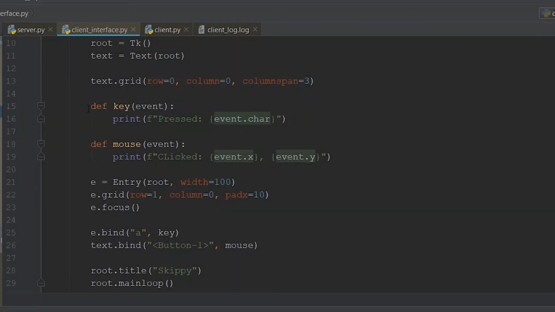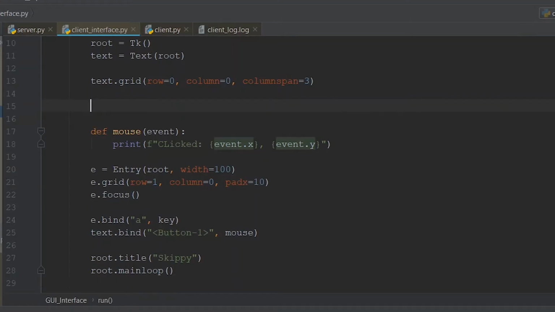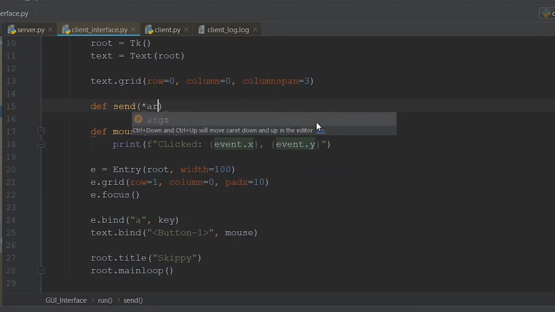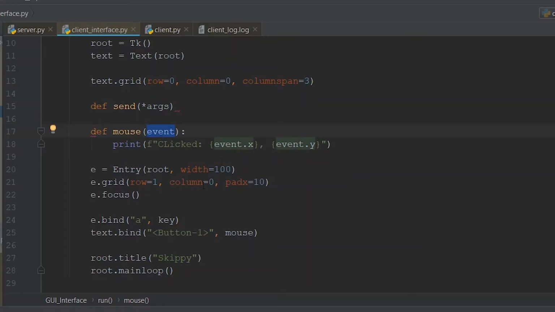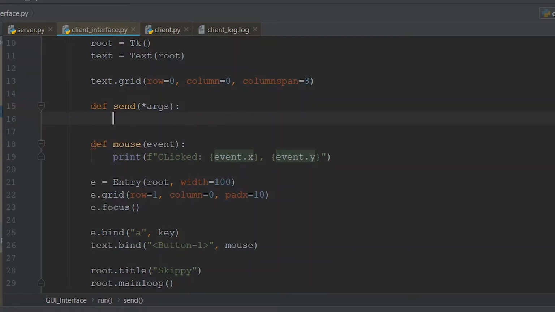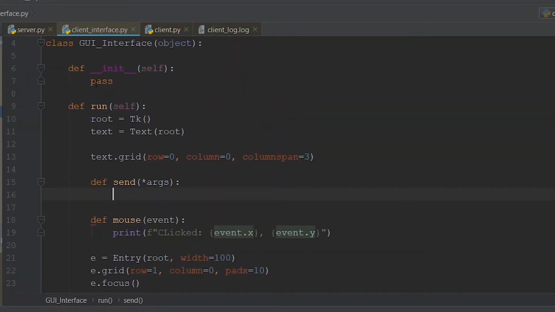So what I'm going to do now is get rid of the key function, and I'm going to create a send function, which is going to take arguments. We don't really need the event argument in this function, but when you bind a function to a widget, the function is expected to have some sort of argument. So I'm instead going to be doing this, and first we need to create a variable here in the initialization function,